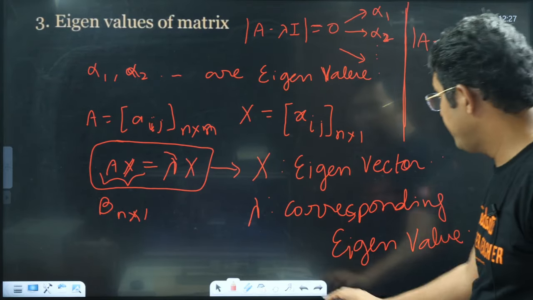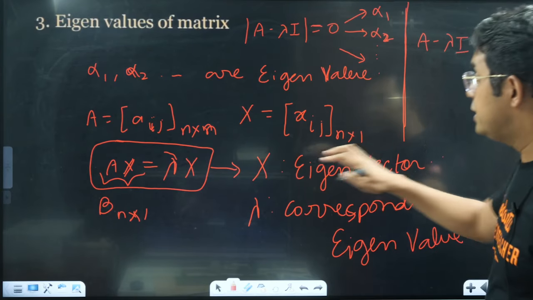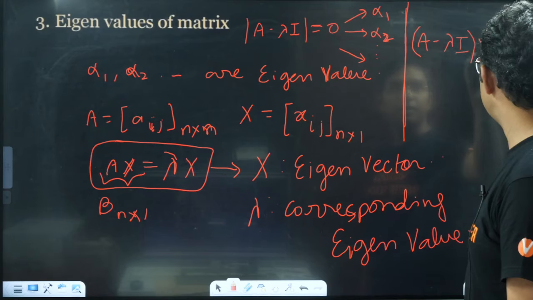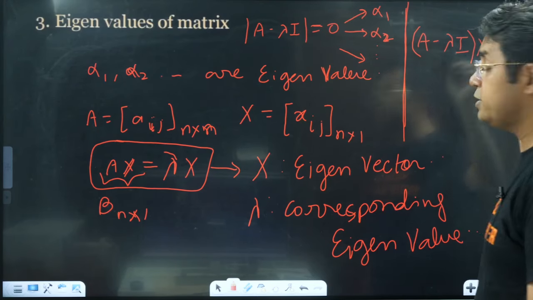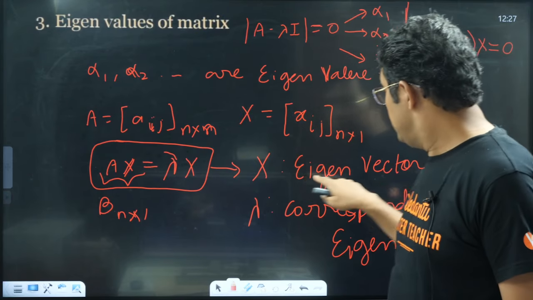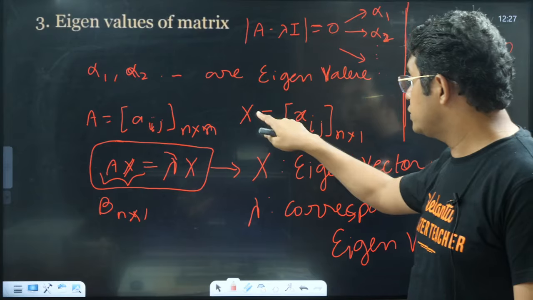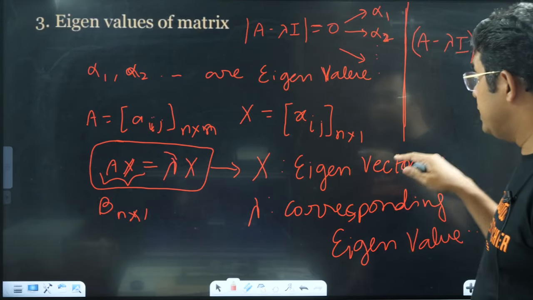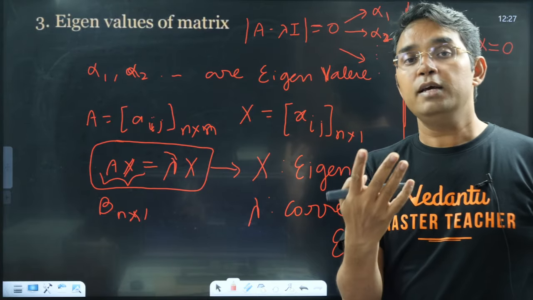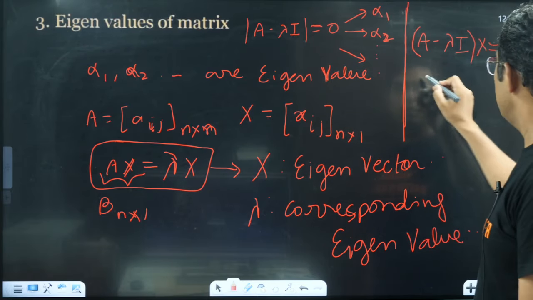Yeah, this will be A minus lambda I multiplied with x is equal to 0, a null matrix. Here on this eigenvector, that is the column matrix x, maybe I forgot to tell you, the condition is that x is a non-zero matrix. So if it is non-zero,